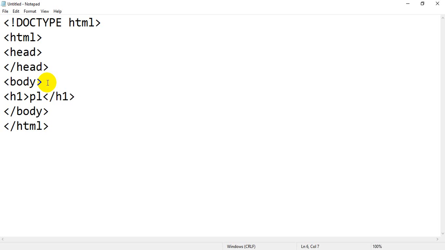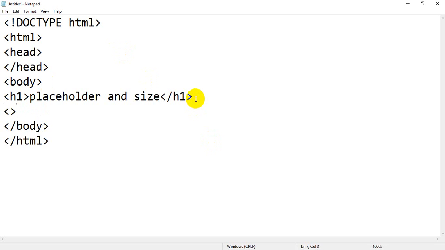Placeholder and size. So we will discuss what a placeholder is and what size is. That's why I have given it as a heading h1.